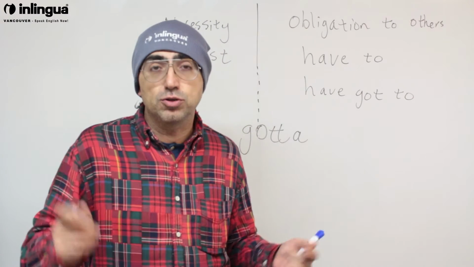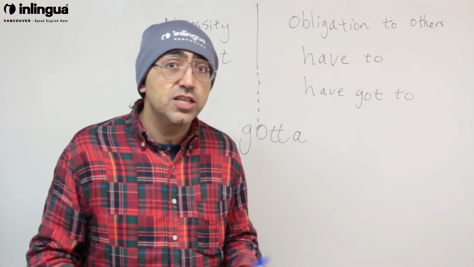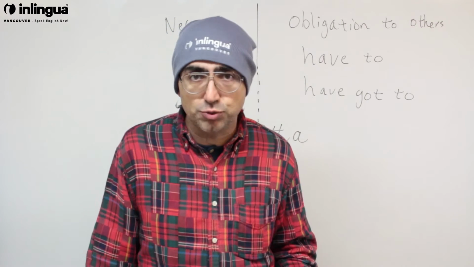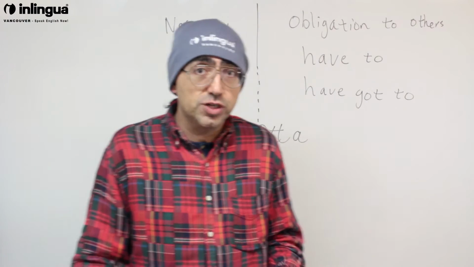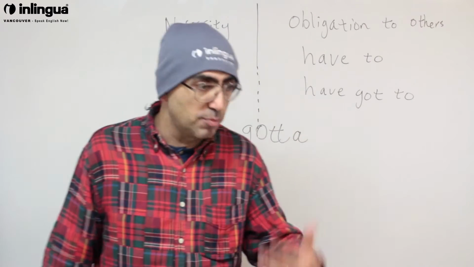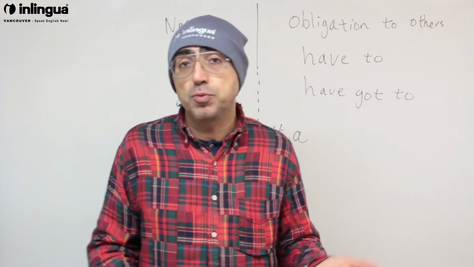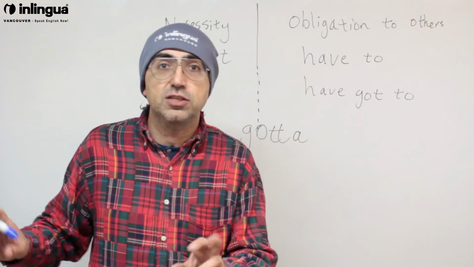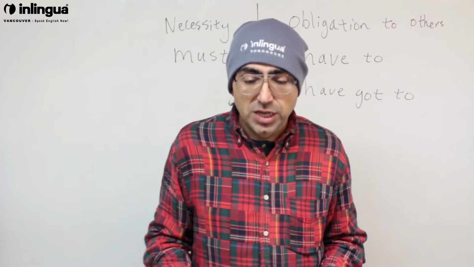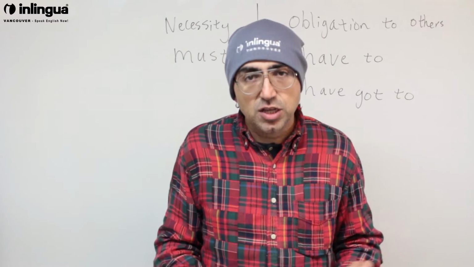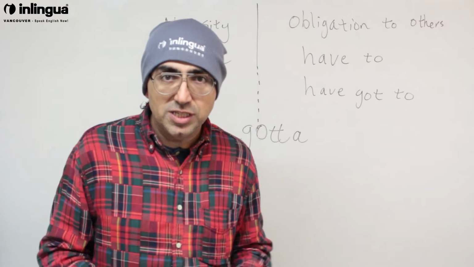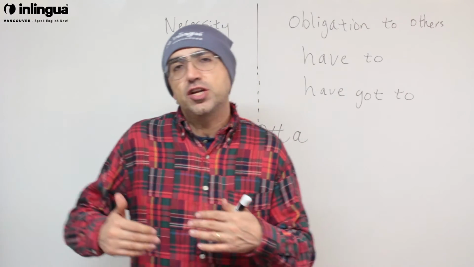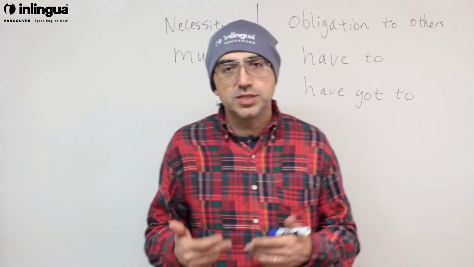They call us radicals or anarchists. On the other hand, there are those who only respond to authority and never really think about the truth. For such people, then of course, have to is much stronger because it's an obligation to others. And such people probably would never use must because they don't really care about what is the objective truth, right? Now, this is a very broad way of speaking about it, so I'm going to explain this with more specific examples. So we can see that really it's not a question of strength. It depends on your personality.